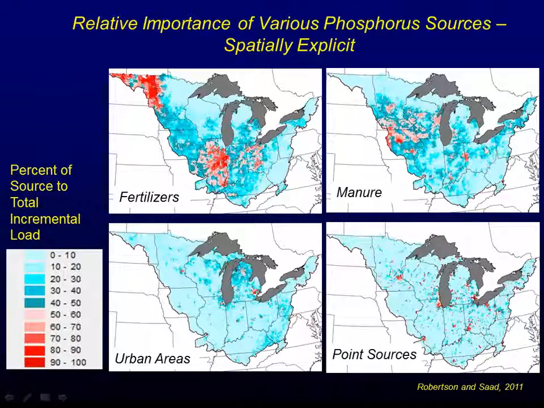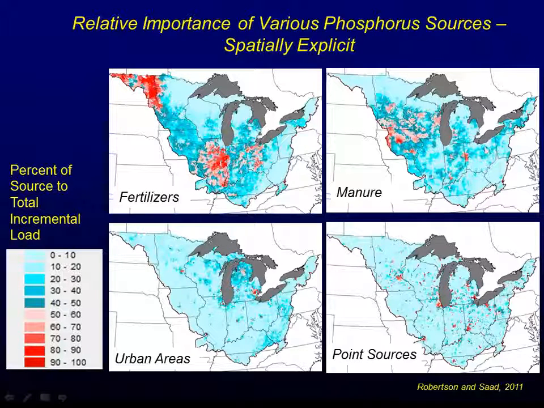We can also look at this, be very spatially explicit on these relative contributions. One of the things you have to remember is that I'm trying to show the percent of the total load in any specific area, and they always add up to 100. Some of these areas you don't see too much, but if I showed you for nitrogen, you'd see that atmospheric deposition in forested areas was really high, but that's just high of a small number.